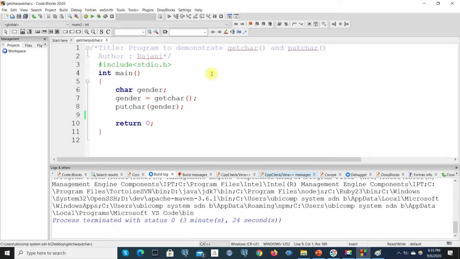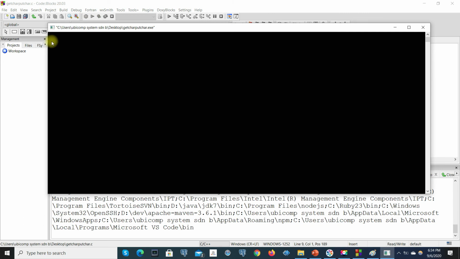I would like to say one more thing to you. Let's run our program. Now the program is waiting to read a single character. As we wrote the program, we know that we should give the character, then only it will display the character. But if the program is executed by others, they cannot understand, right?